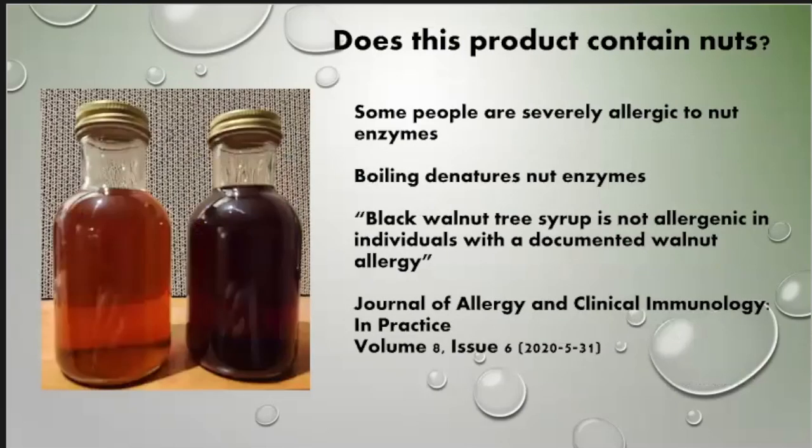Does this product contain nuts? Interesting question, right? Because you certainly would not want someone to have a horrible allergic reaction to something you made. I would say this: I would not tell anyone with a severe nut allergy to drink or taste black walnut syrup. I just wouldn't do it. I just can't imagine any circumstance where it'd be worth the risk. That being said,